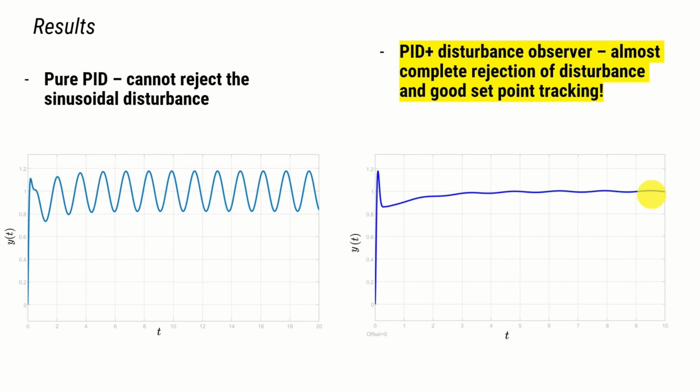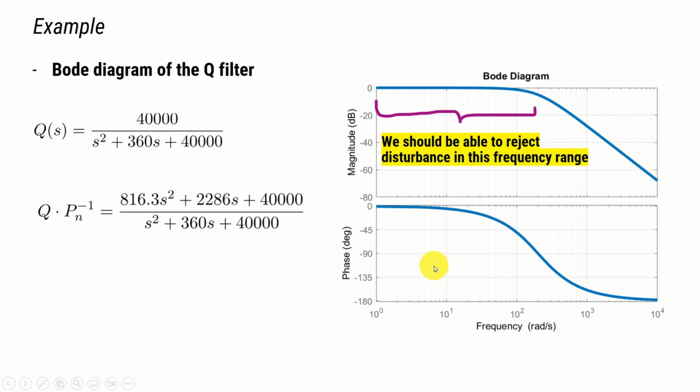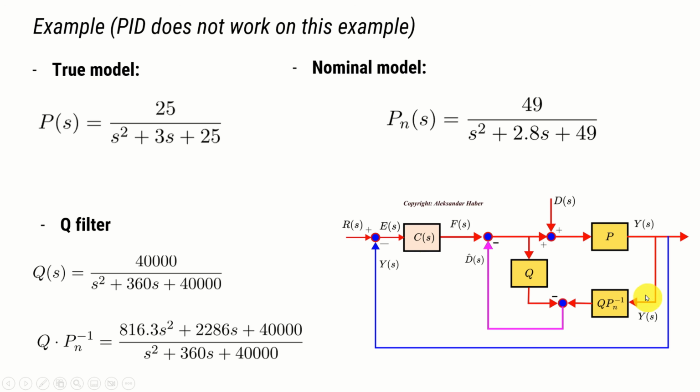To be honest, I'm really surprised, that is positively surprised, by the performance of the disturbance observer. And I suggest to everyone to try to implement disturbance observers in practice. In fact, this is not hard. What you need to do is find the model of your plant, then compute this filter over here, and then on the basis of this filter, you can simply implement this block as well as this block, and then if you're using the standard PID controller, you can combine this output with the output of your PID controller, and you can try to reject the disturbances.